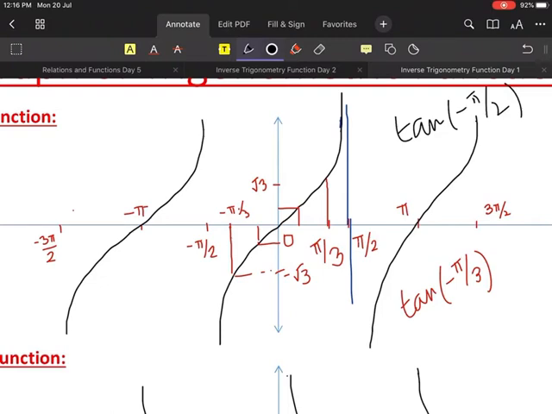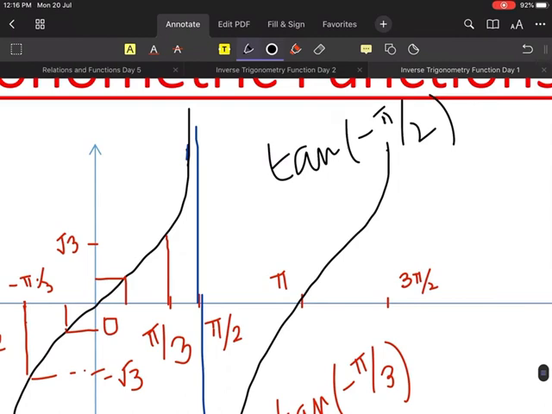Now can anybody tell me what tan minus pi by 2 is? You said tan 90 is undefined. What is tan minus pi by 2? Minus undefined. I knew you would say minus undefined. There is no such thing as minus undefined. In mathematics you can write undefined as infinity. Strictly it's not true, but 1 by 0 sometimes you write as infinity, because infinity is uncountable. So tan minus pi by 2 is minus infinity.